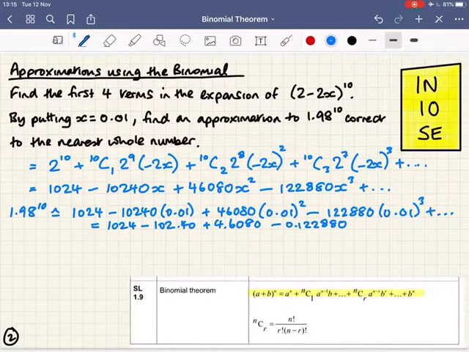Now, to make that calculation easier, I'm going to take all the positive terms and add them together. So that gives me 1024 plus 4.6080, which gives me 1028.608. And then my subtraction, let's bring those two together, 102.40 plus 0.12280 and so on is